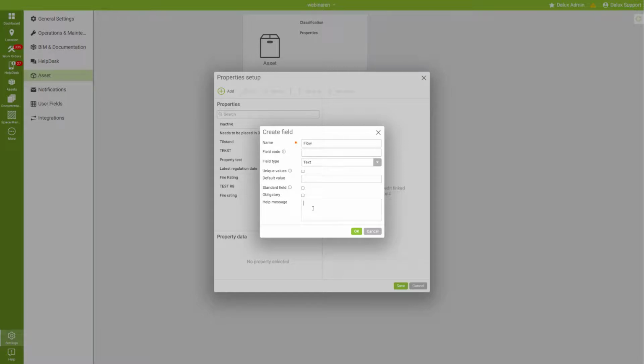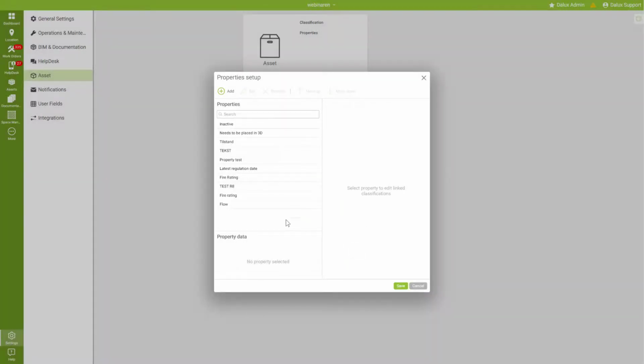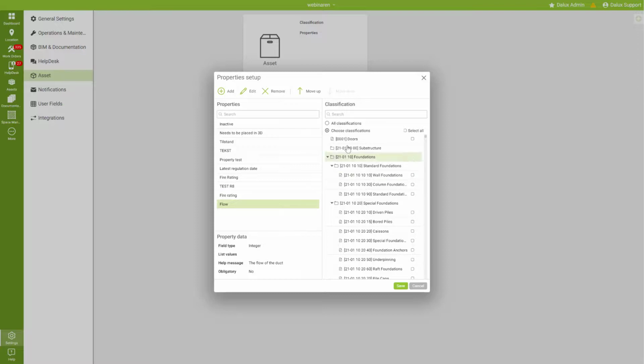For instance, the flow of the duct. This could, for instance, be an integer, and we can add a unit. That could be a custom unit. And then let's call that cubic meters an hour. And then hit OK. Now we've created a property. By default, it is not loaded onto any of our classifications. This means that this field